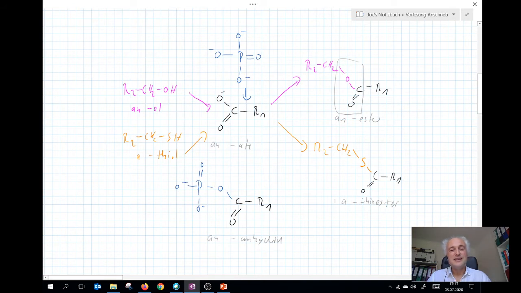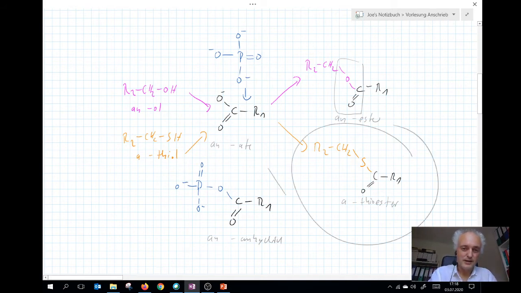And if a thiol, which is kind of an ol, just with a sulfur, reacts with a carboxyl group, you get a thioester. These are the basic things, and you know that in this molecule, the energy is enough for a substrate level transfer